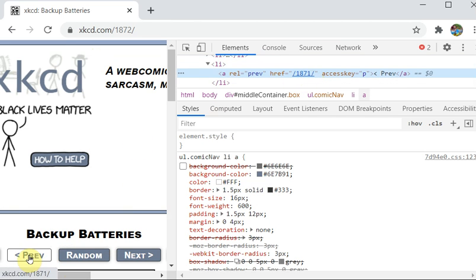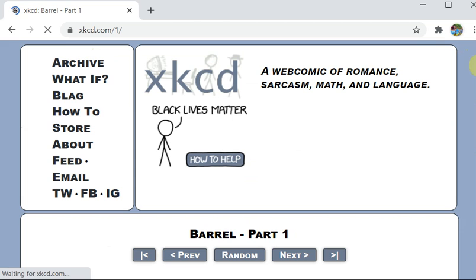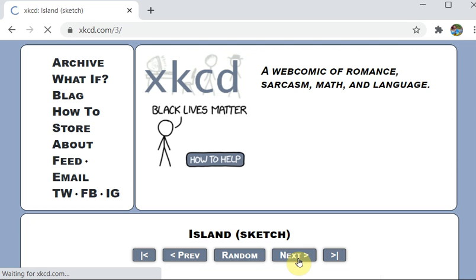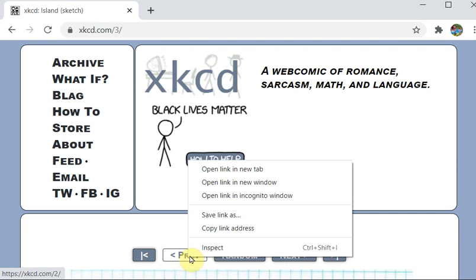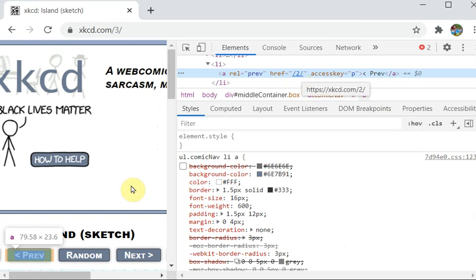This is what we are saying about previous. Now I clicked on the first post, and after that I'll give next, and one more next. Now click on previous and see what reference is given here: that is 2.